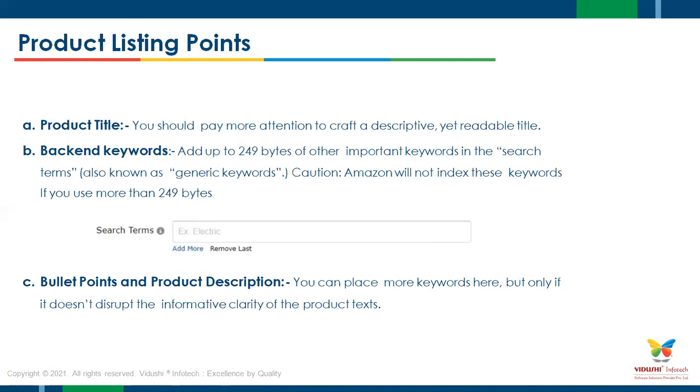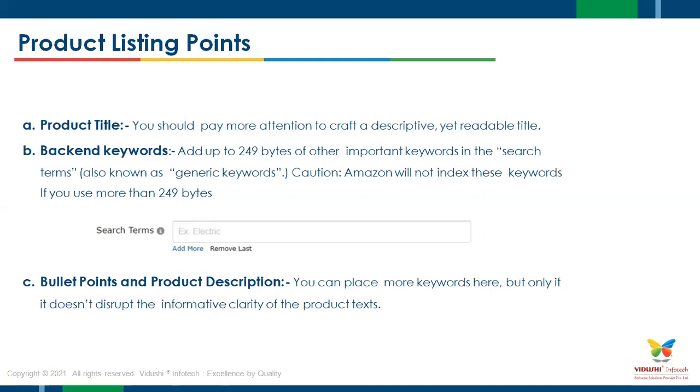While listing the product, you can see the image below. Amazon asked for these backend keywords. We can submit the related keywords with our product only. Sometimes one product has some synonyms, or it is called something else in the same language. So we can add these synonyms and similar keywords while submitting our product listing.